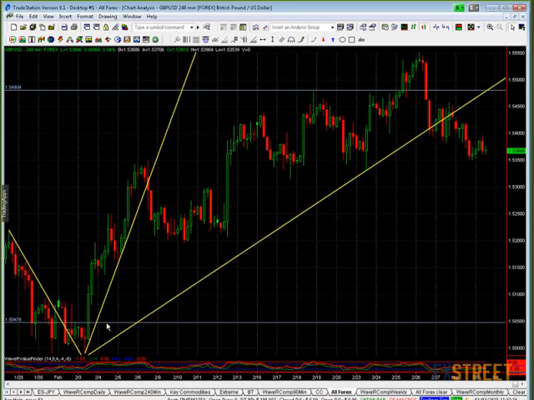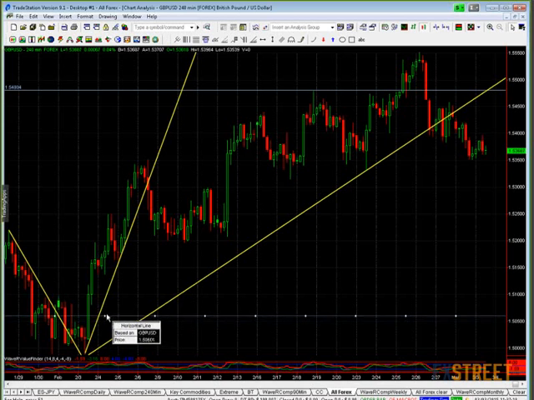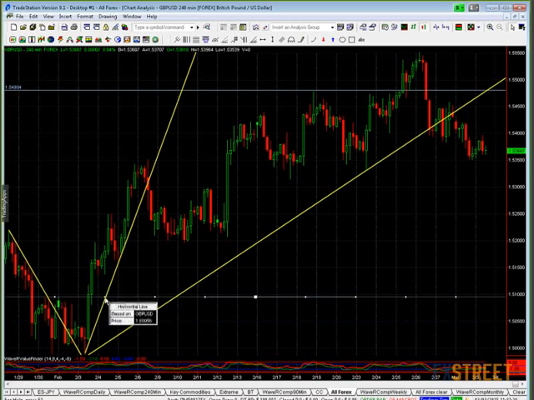Now, to save whipsawing, we might actually want to move that up a tad. I'm going to move it to there. The reason for that is that on this little downtrend move, we've got a couple of highs there. It's a little double top. And the thinking is that if we can find a bottom